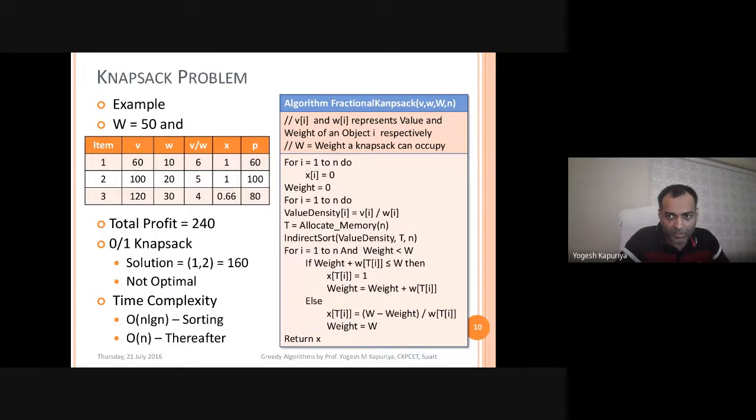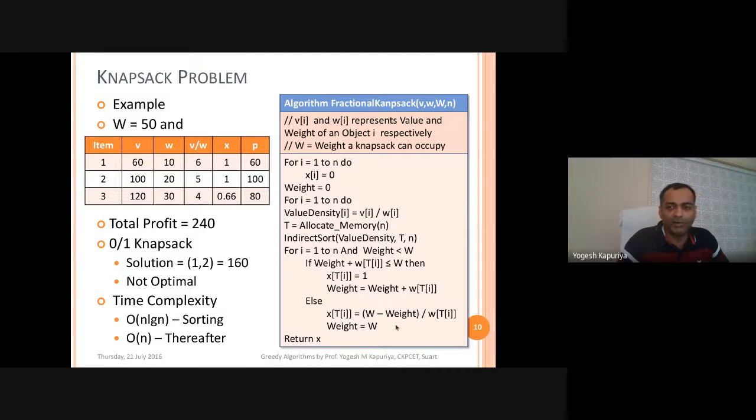Right? So I hope you understood this. The simplest approach of solving a knapsack problem: first, you need to make sure the knapsack is empty. You will also keep track of the current weight of the knapsack just to make sure that you are not going beyond the capacity. The first step is to calculate the value density of every object. The second step is to perform sorting on value density in descending order. And the third step is traversing the items in sorted order and making a selection. At the same time, you are updating the value of x, that is your output variable.